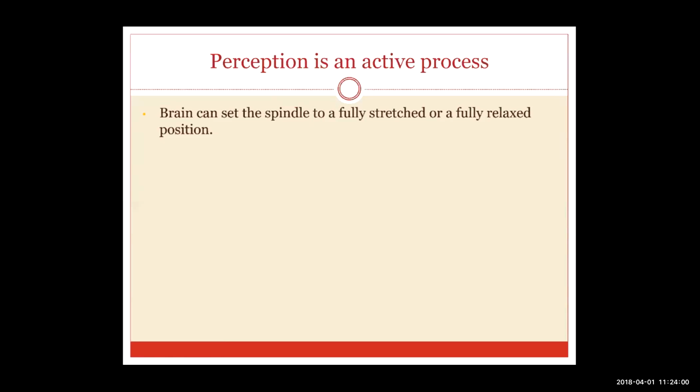Basically, the spindles are sensory receptors. Along with Golgi tendon organs and all the other sensory organs, they send impulses to the brain, which helps the brain know the current state of the body. But in addition, what information is coming to the brain can also be modulated in a particular way. In muscle spindle, this is how it controls. In other organs it controls differently, but not to worry about that.